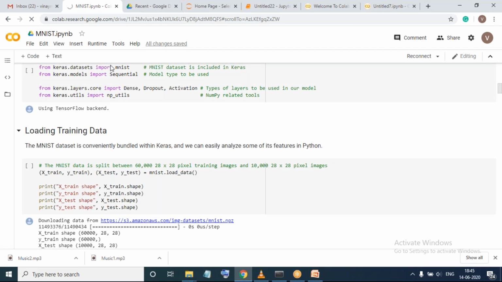The MNIST database has some handwritten digits. So what we will be doing is forming a small neural network which would classify the handwritten images. Right now, friends, don't worry about the code you can see here.